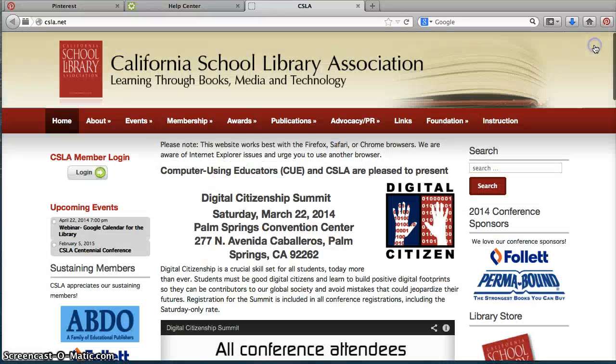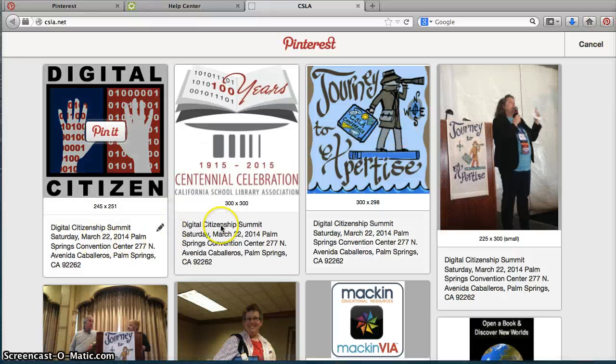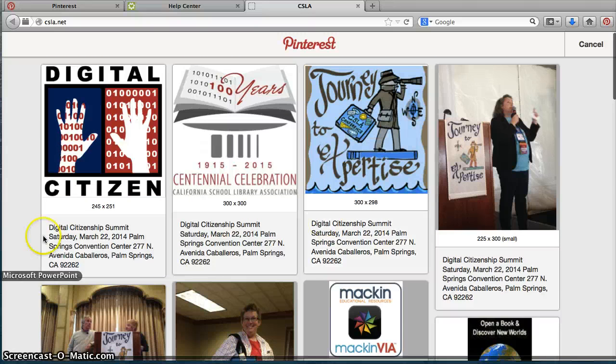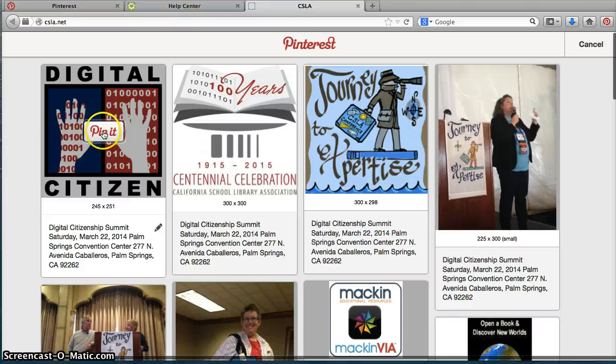pin. Now if I want to, the other thing it will do is I can actually highlight text on a page, and I'm just going to Control Copy. Now when I click the Pin It button, that text that I highlighted will actually show up on all of my pins. So if I wanted to include that information about the Digital Citizenship Summit, when I pin it,